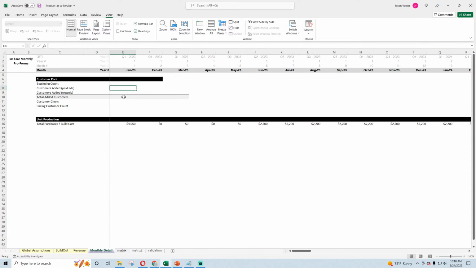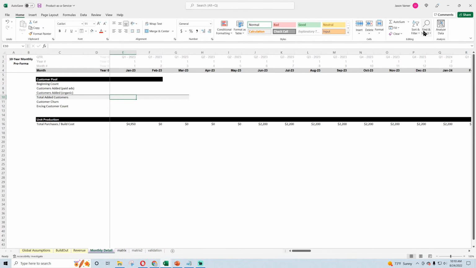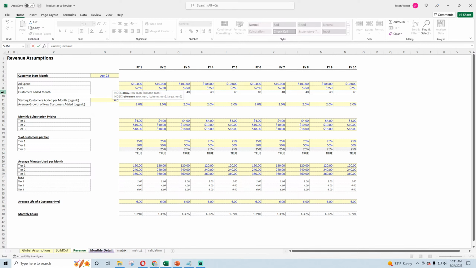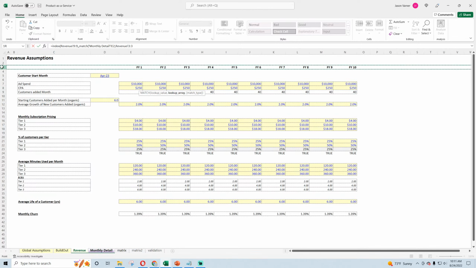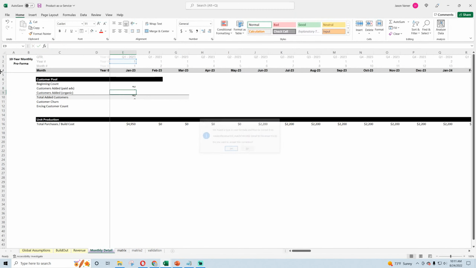So customers added through paid ads will be index, and we want to say this number here, customers added per month, and match against the year. And that's that.